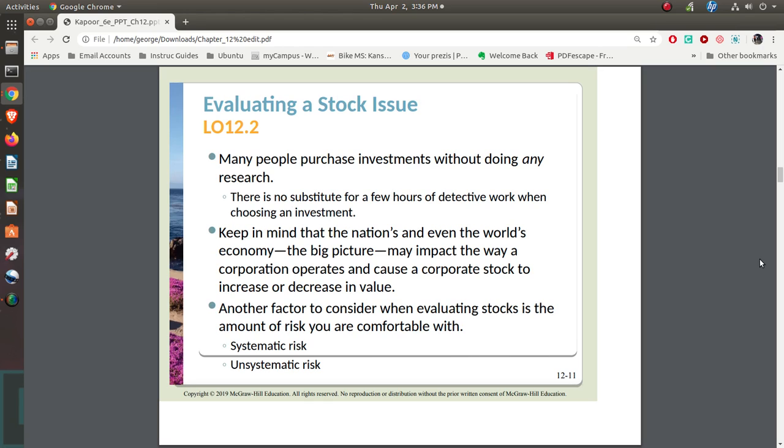Whenever you're thinking about buying stock, you have to do your research. You have to understand what it is that you're actually purchasing. Does it meet your investment goals? Things like that. Because you can buy some really good stocks, or you can buy what's called penny stocks, which is a stock that has a real good probability that the company's going to go belly up.